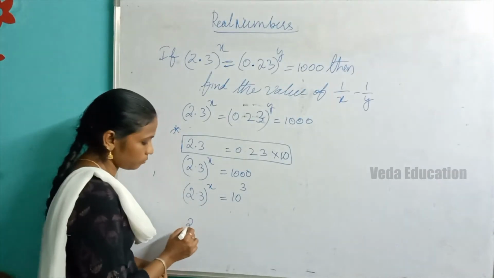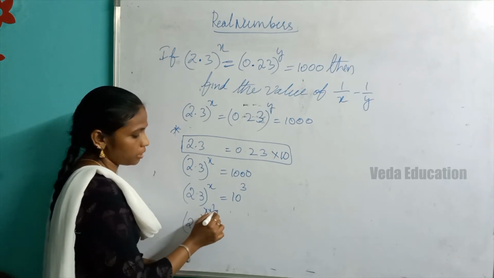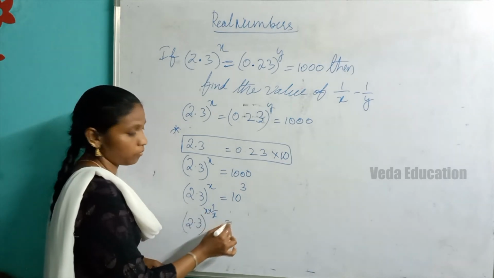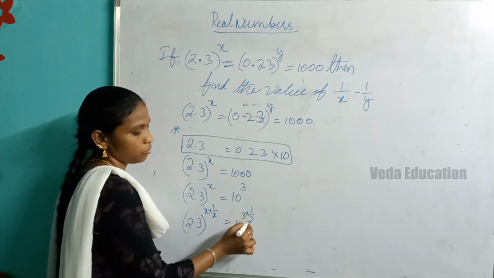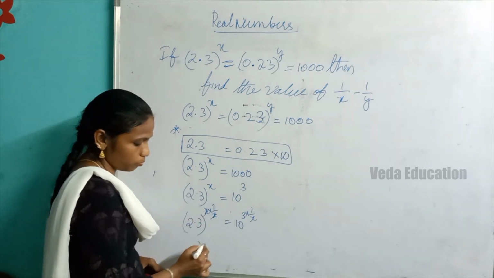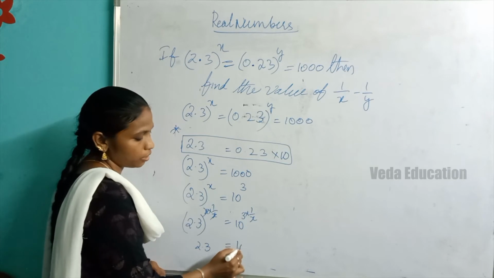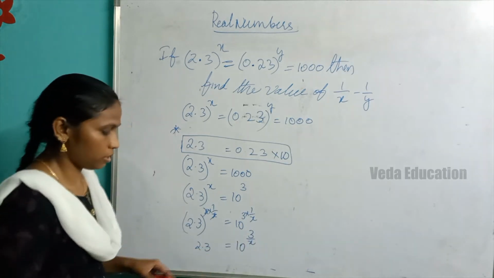Okay, 2.3 whole to the power of x, and I raise 1 by x power, and power on power, 10 to the power of 3 into 1 by x. Got it? Both sides we did this. Now x gets cancelled, and what is left is 2.3, and here 10 to the power of 3 by x. Got it? Next, this is the first one,